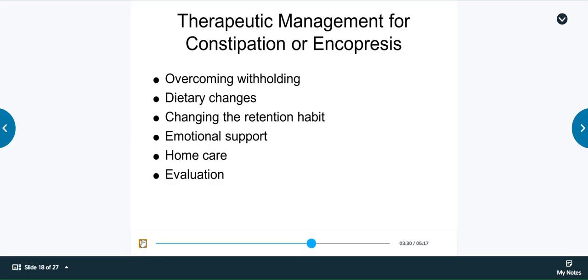These children, they tend to be really frustrated. Their family's really frustrated. It's embarrassing for these children. So we want to provide that psychosocial care for them as well. Some of the causes, if the child has had recurrent impactions, those impactions start to dilate and enlarge the rectum, and it loses tone. So eventually, once it loses its tone, it can't hold in the stool, and so the child just has involuntary